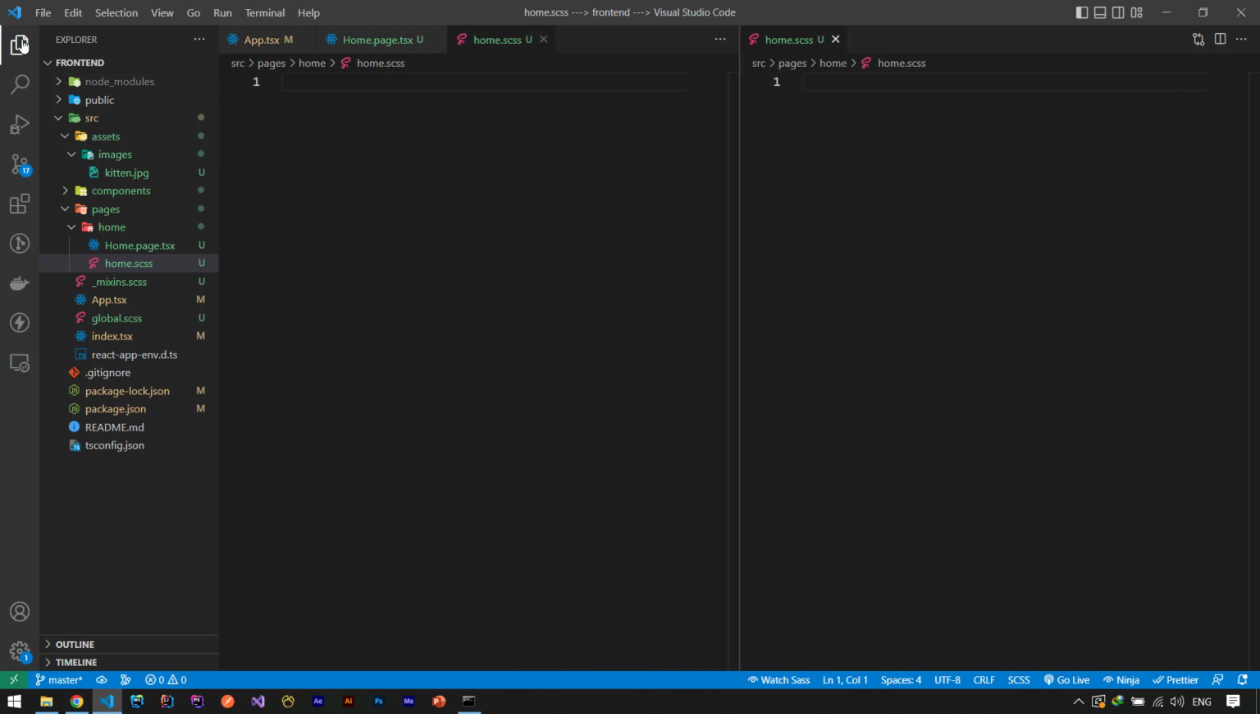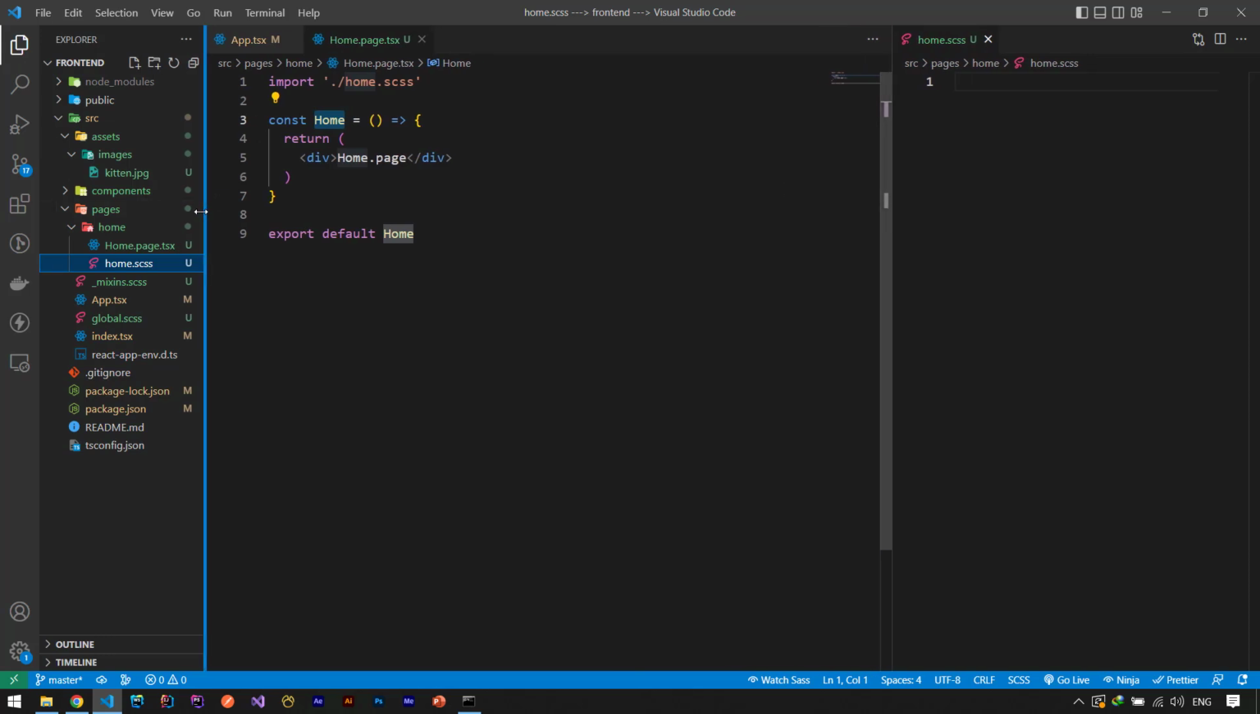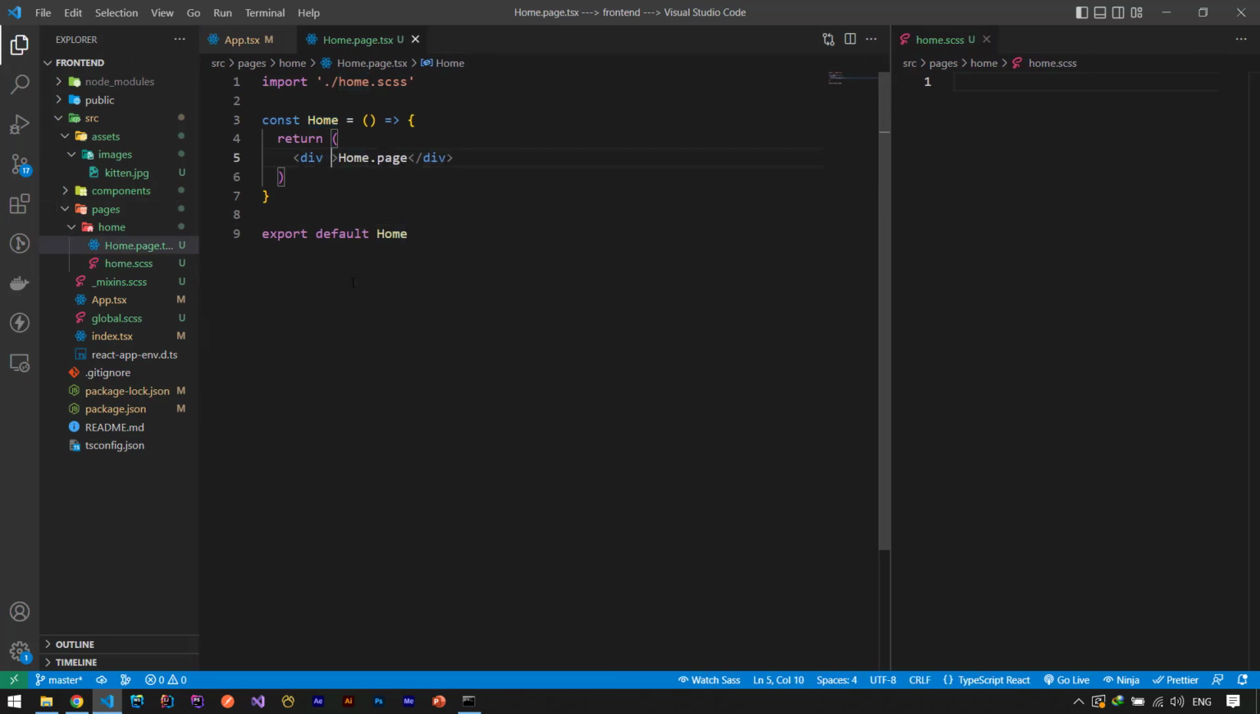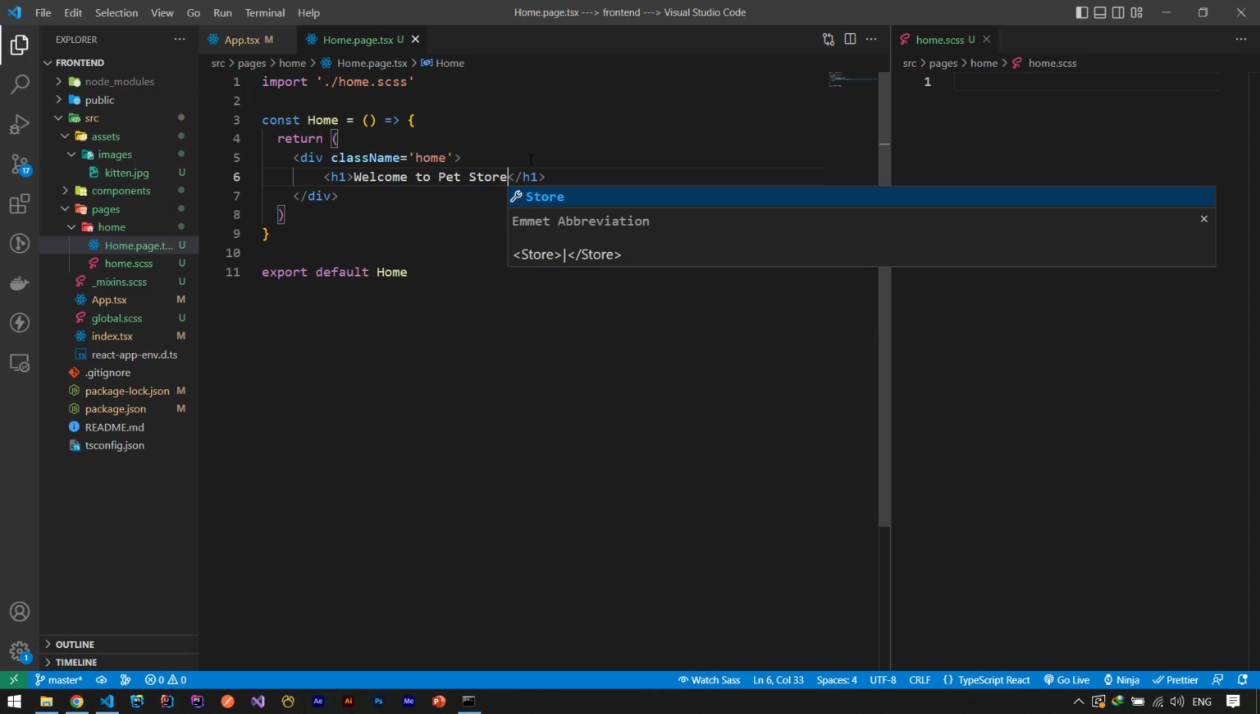Okay, split right and minimize, and that's it. So I want this to have the class name of home, and inside of it I don't need this home.page. I say that the first thing is I need an h1 with welcome to Pet Store, and I think that's